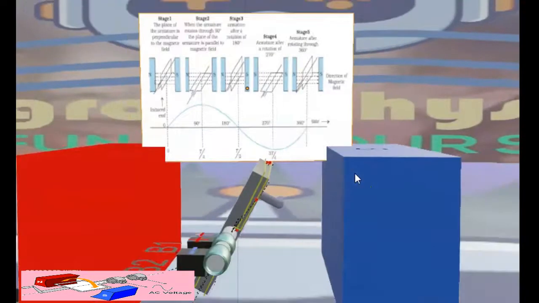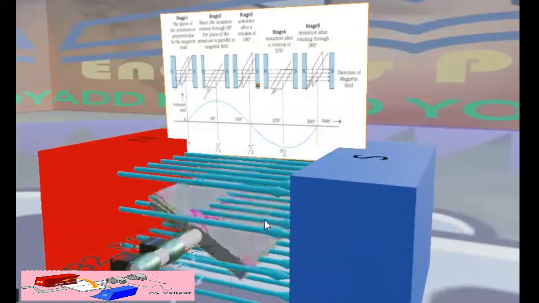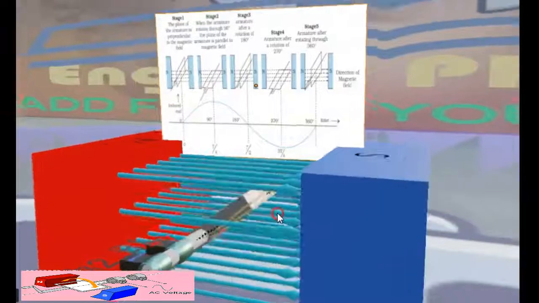You can see the waveform of one of the terminals is shown in this figure. When this armature is perpendicular, the EMF is 0. When this is horizontal, then the EMF is maximum. Actually, for 10th standard, you have to see only that the polarity after half rotation each time is getting reversed. I hope that all of you understood the working of AC generator.